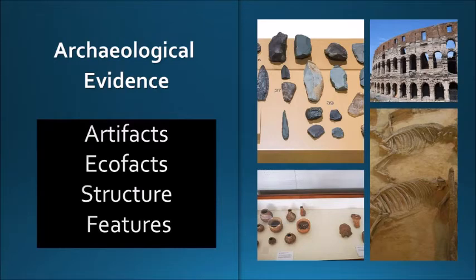For example, paleoethnobotany is the study of plants, actually the plant remains found in archaeological sites. So plants, either macrobotanical, which can be seen with the naked eye, or microbotanical, which can be seen through microscopes, are the ecofacts for a paleoethnobotanist. Third is structures and features, and this is non-portable data because it includes architectural material such as building structures, caves, wells, houses, worshipping places, etc.